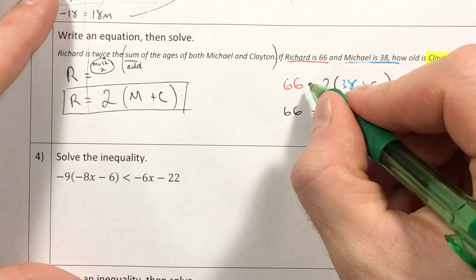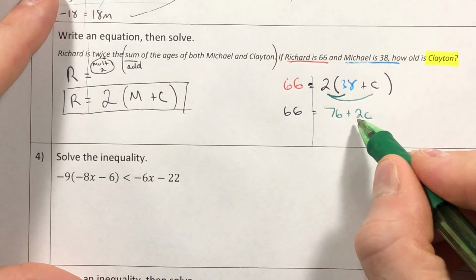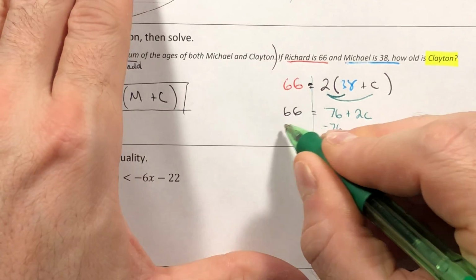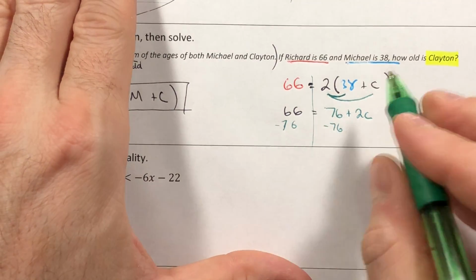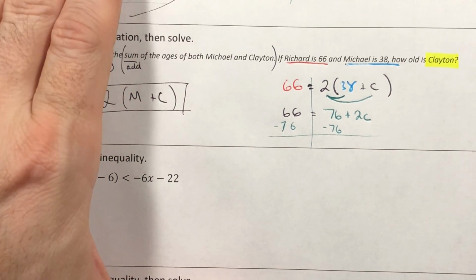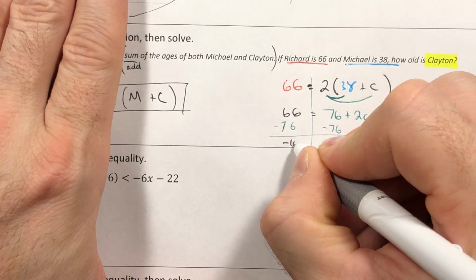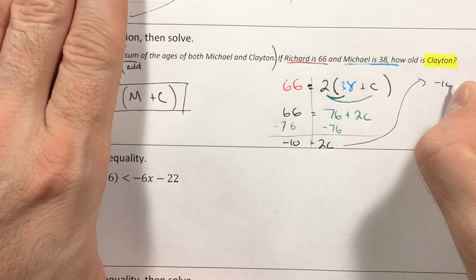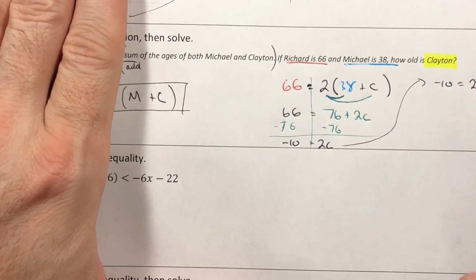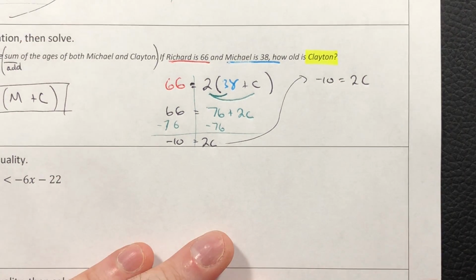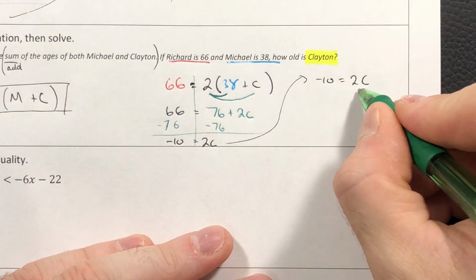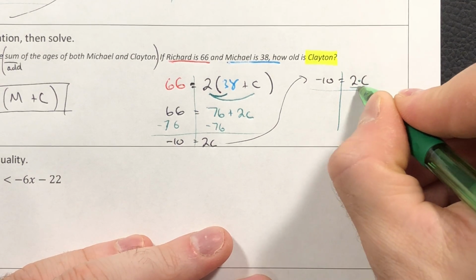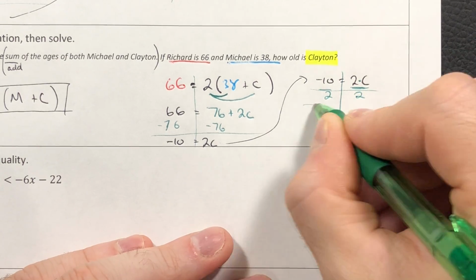Next thing I'm going to do is I'm going to go through and I'm going to isolate this. I need to get rid of the 76, which means I subtract 76. And we see where our first issue comes up. Because as of right now, I've entered into the negative 10 category. Drag this right here to give us some more room. So I have negative 10 is equal to 2 times Clayton's age. And if I look at the last little piece of this, I know that in order to get rid of this implied 2 times c, I need to divide by 2, which is going to give me